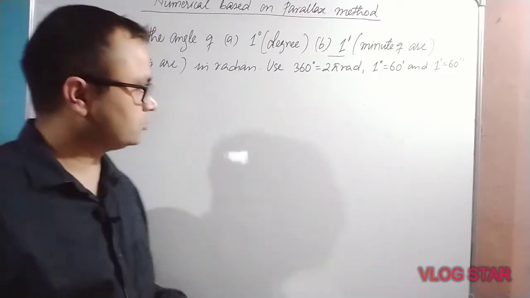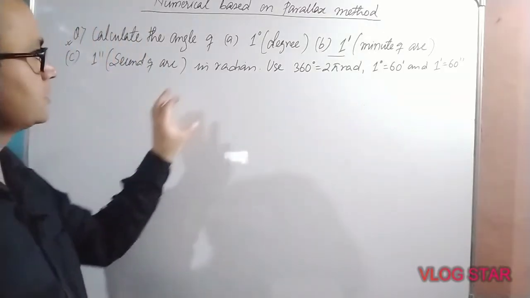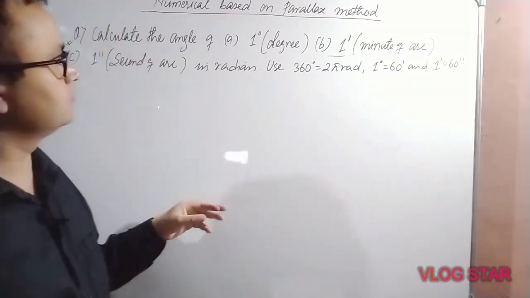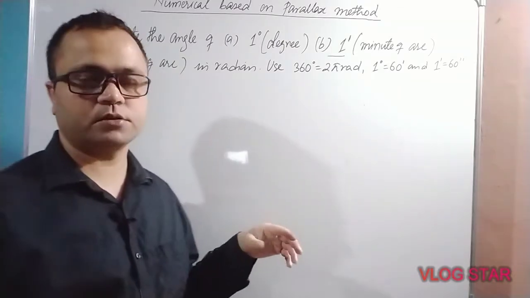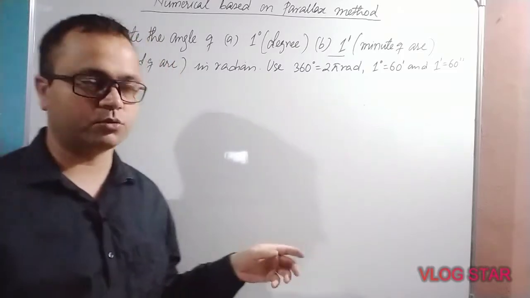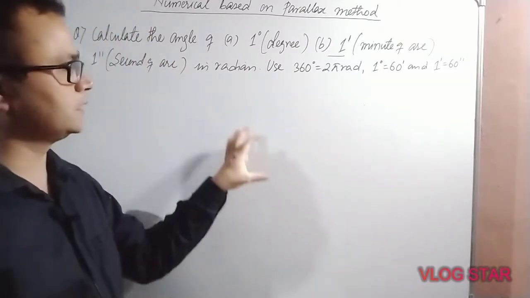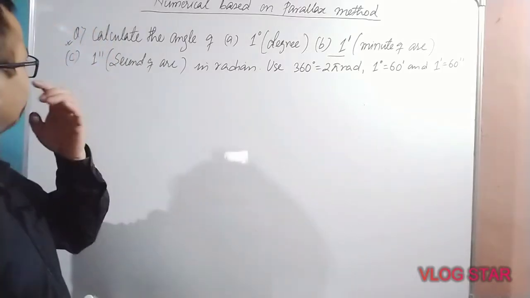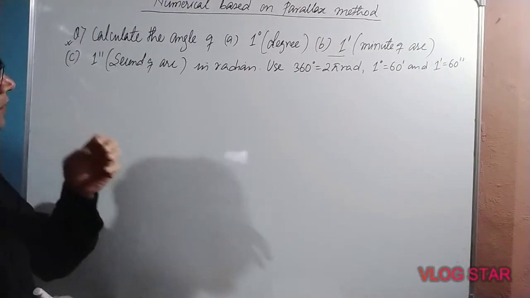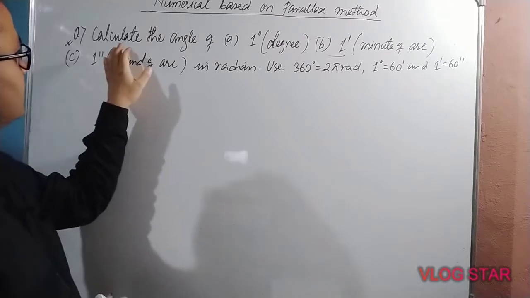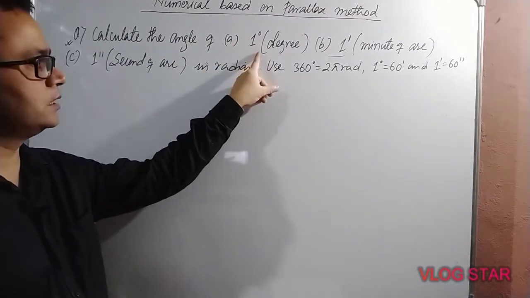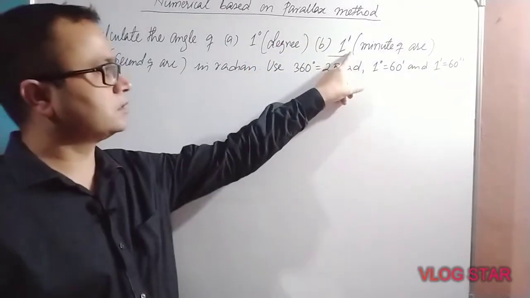Class 11. Today we are going to solve some questions based on parallax methods. Before going to solve the questions, first we must know how to calculate the degree in terms of radian. So here is one question to calculate degree in terms of radians. The question is: calculate the angle of 1 degree,